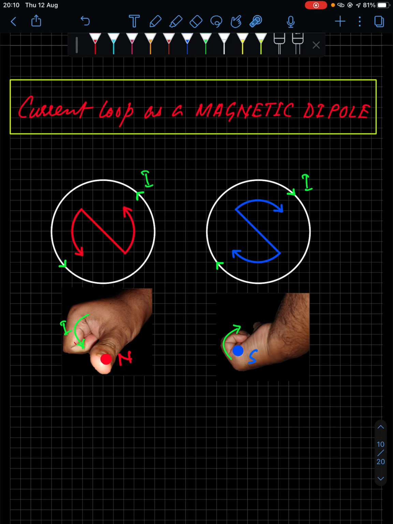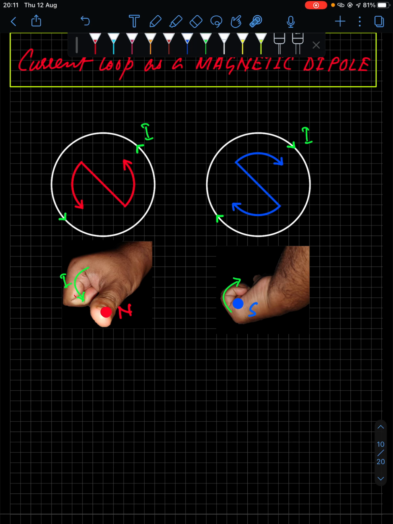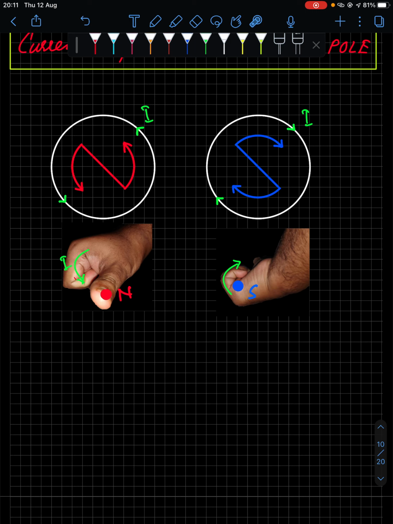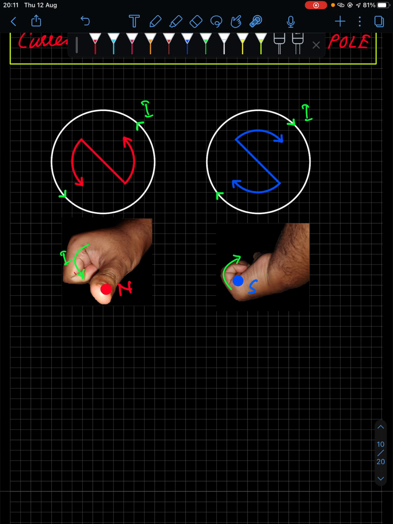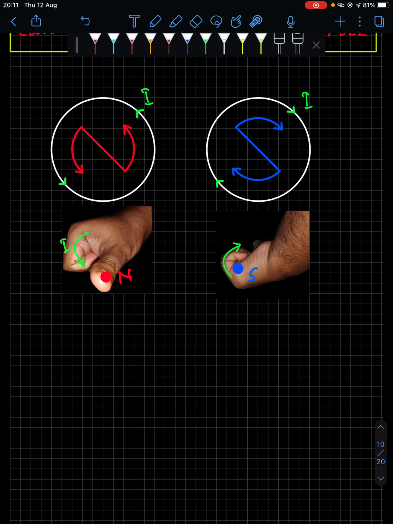Before understanding this magnetic dipole moment, which we'll be dealing with in this derivation, let's understand what a magnetic dipole is. You have electric dipole and you have magnetic dipole. Electric dipole you will find in chapter number 1, and magnetic dipole properly you will find in chapter number 5, that is magnetism and matter, the next chapter. But since the dipole moment concept will come over here, we need to understand very briefly what a dipole is.